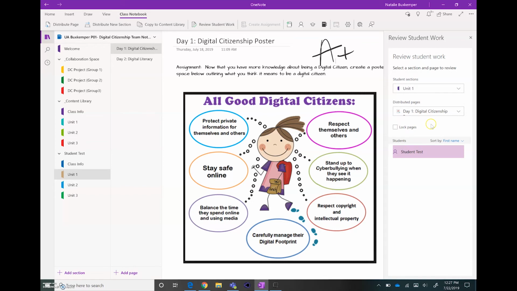You also have the ability here to lock the pages. That prevents the students from being able to work on them after a deadline. From OneNote, you don't have the option of setting specific times when an assignment is due. That has to be done through Teams. But at least, if you had an assignment due before class, when you got to class, you could just come to the page and lock the pages yourself,